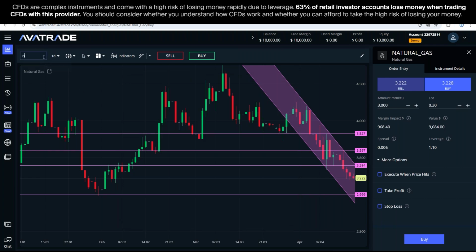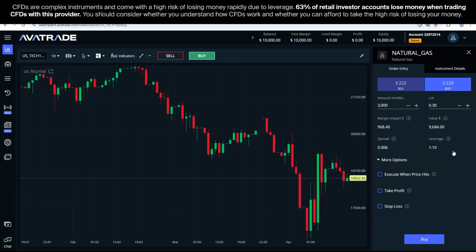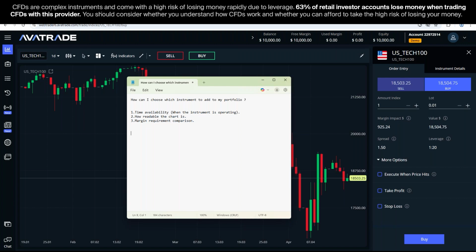Okay, as we've explained, if for instance I like to trade Nasdaq and my account has only 10,000, not mentioning that if my account has $100, I'm not even going to be able to take this position with Nasdaq. So this is also something that I need to think about: how much money I have in my account, how much money I need to have in my account to trade this particular instrument. And as I have explained, even if I have 1,000, this requires me